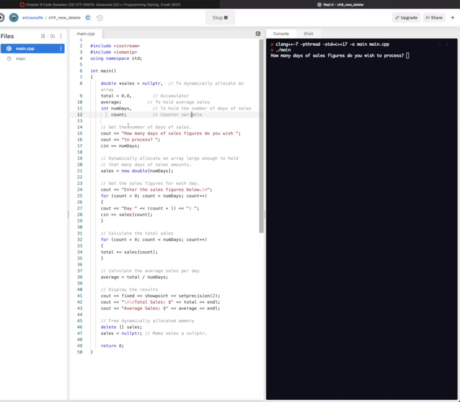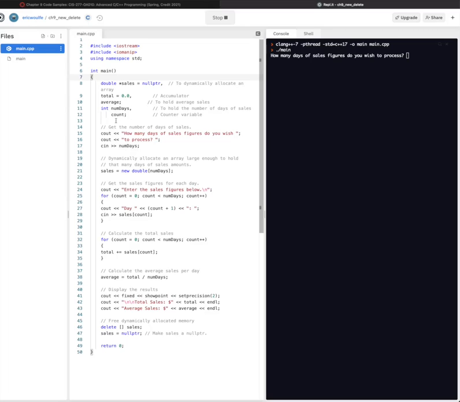So what we're doing here is similar to what we have seen previously in our other examples. We have a combined assignment here in line number 8 because it dawned on me that we hadn't done this yet. We've got a pointer called sales equals null pointer. I don't believe that we have done that in one line previously, so I wanted to double check and make sure that we did that. Here, I've got a bunch of